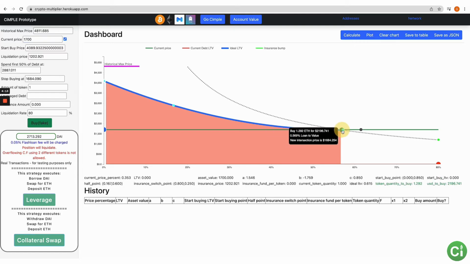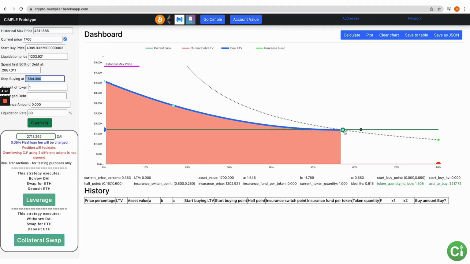But what I want to point out is the amount of debt that you take on at the stop buy price, which the default for this is 35% of the max price. So there's a 10% gap from 35% of the max price to 25% of the max price where you are not buying at all. What that's doing is saying how much debt could you have, and if it was $1,250, that would be $1,000. So it's saying if you took on $1,000 worth of debt at this price, that would end up being 80% at this price, right? So this gray dotted line tells you what the debt will be if you make the purchase.